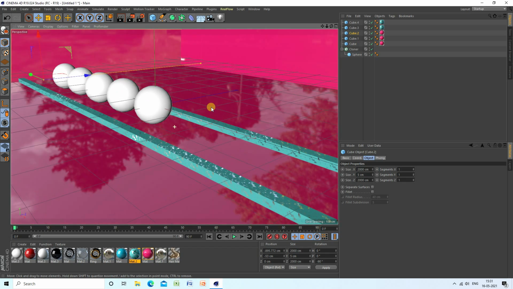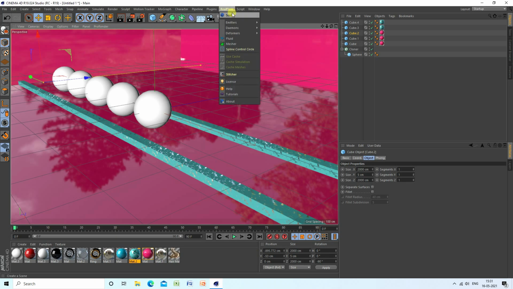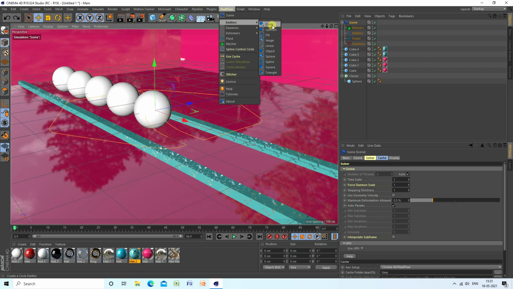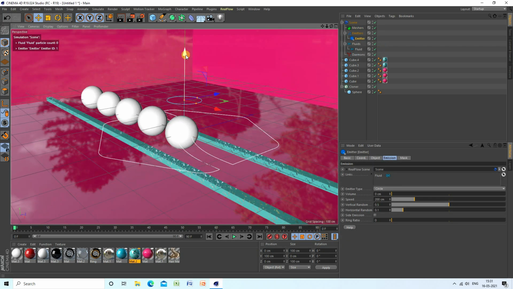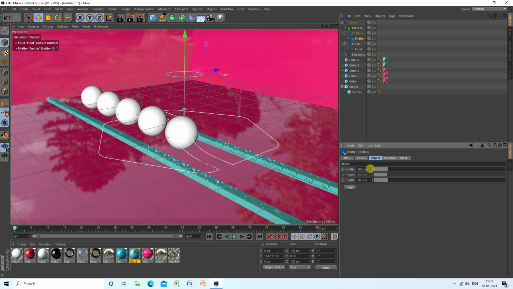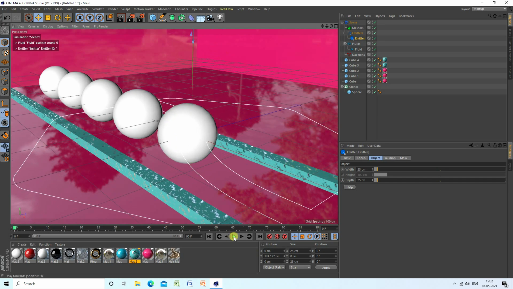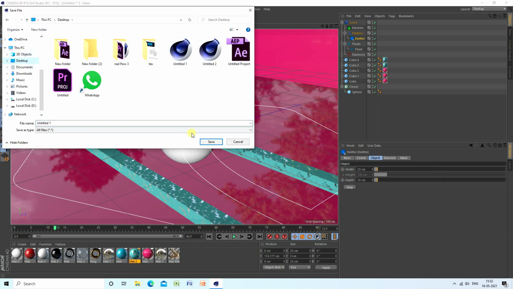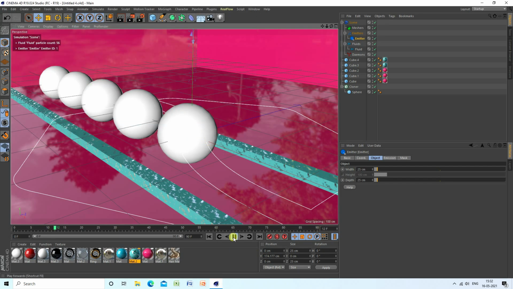Now I create animation, so use RealFlow. So select this RealFlow and screen, and all is good, and take circle, this one, and circle, go to up like this, and guys, change size I like 25 and 25, and guys, go back and play. Okay, so guys, now most important part, save this project, like take any file name, right.